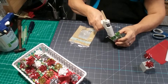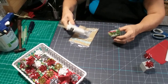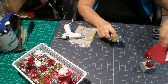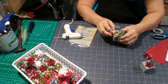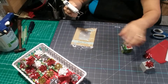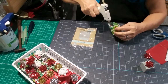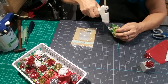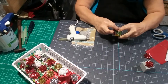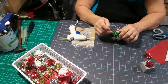And then again, we're going to go in the corner, get down in that little pocket, and then on that triangle all the way up to the tip. And then hold it over until it catches hold. Get the corner, put some down in that pocket, and then on the flap, and then come down like where the edge of that cube is. I'll show you what I mean. I say the edge of the cube, I'm getting it right there on that line that lines up with the corner of the cube. And then here, I'm going to open it up,